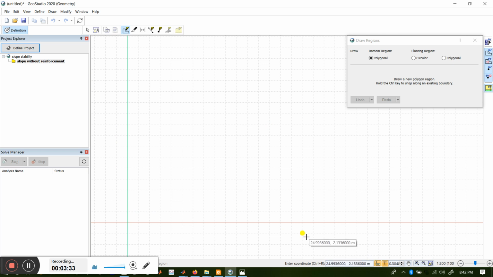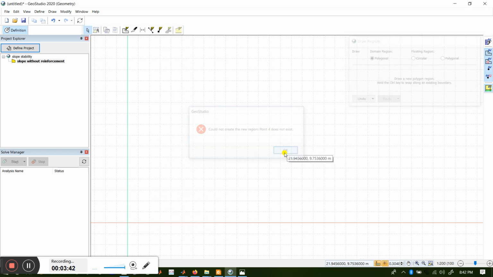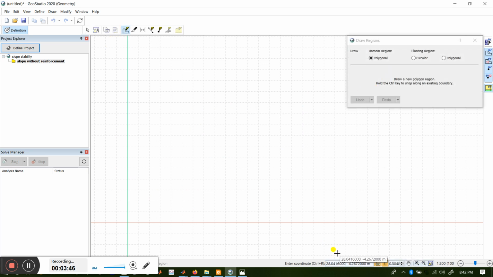You can draw the region either manually, or you can put the coordinates in here. Here you can see Enter Coordinates, Control plus R. So I'll go and enter the coordinates. I'll press Control plus R on my keyboard, and this will be highlighted in blue. So I'll create my region.